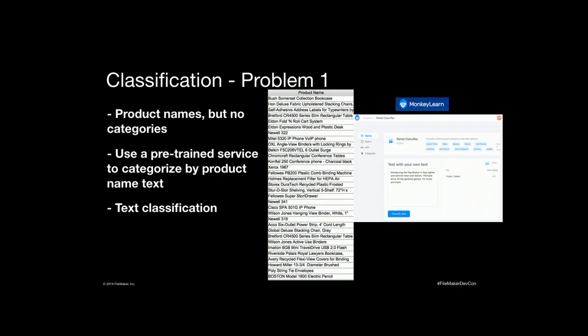So the first problem we're going to talk about is classification, where we have a client who buys a bunch of surplus, they get in a bunch of products, they can text extract what these product names are, but then they need to classify them to sell them online. So what I found to use was this MonkeyLearn retail classifier that does text classification,